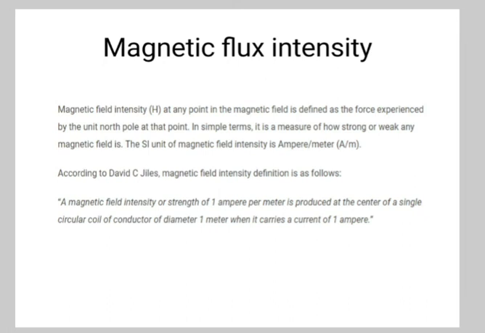So the ability of a magnetic field to magnetize a material medium is called its magnetic intensity, and it is measured by the number of ampere turns flowing round a unit length of the solenoid, which are required to produce a magnetic field. So when a material medium is placed in a magnetic field, it gets magnetized, and the magnetic moment per unit volume of the material is called intensity of magnetization, or we can simply say magnetization.